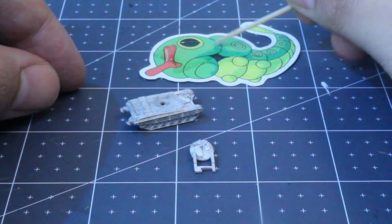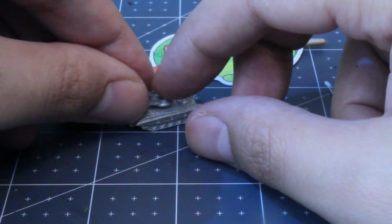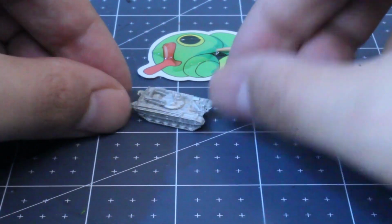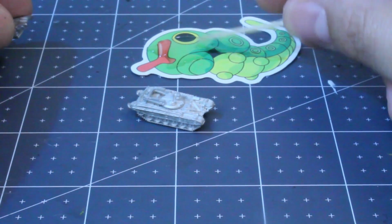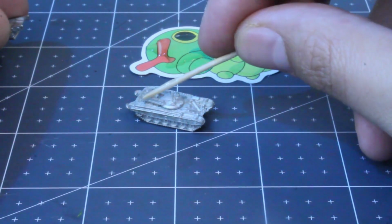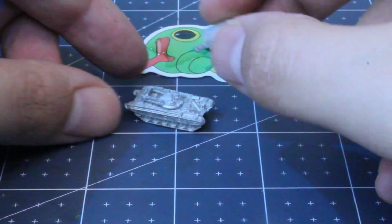Of course, some of these 6mm models are real obvious as to where the parts go, as is the case with this TOS-1 Buratino. It's real obvious where the turret connects to the hull, and then it's further obvious where the MLRS system connects to the turret. It'd be real hard to screw this up, though not impossible, so make sure you pay attention